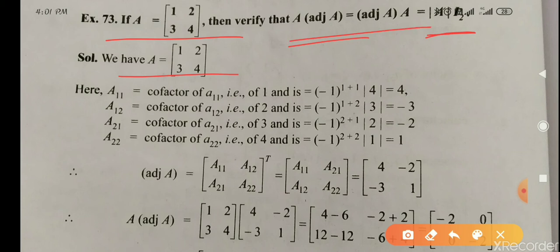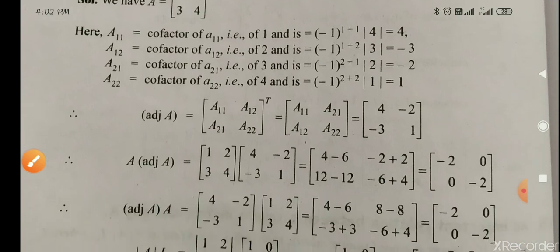So adjoint A, as I told you, is the transpose of A11, A12, A21, A22. It is coming like this. They find cofactors as I told you just before. A into adjoint A, the product you take. This is A, the given matrix, and adjoint A which you have found. You multiply, you know how to multiply. So it is coming